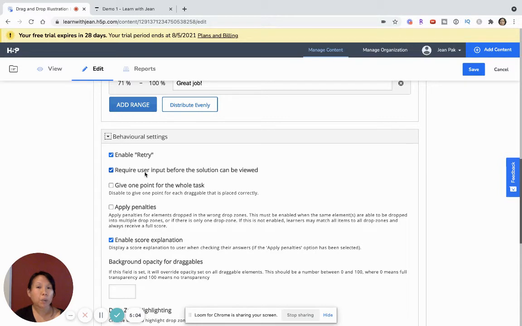The next one is require user input before the solution can be viewed. Oftentimes, even when there's fatigue in online learning, students want to rush and see the answer first before they actually try the quiz or do the activity. When you check this, you really challenge your student and challenge the learner to try before they actually get the